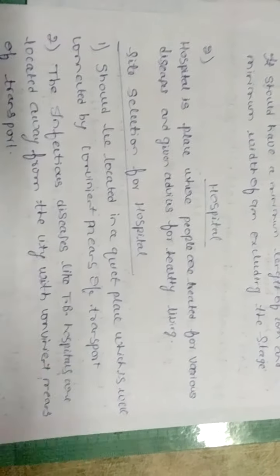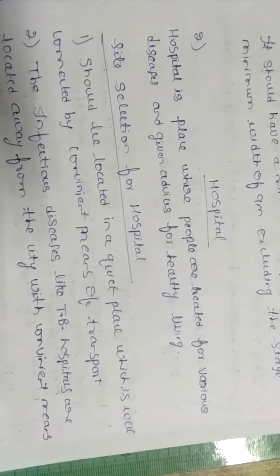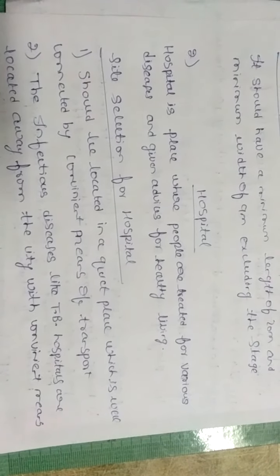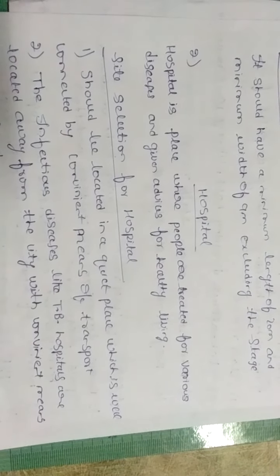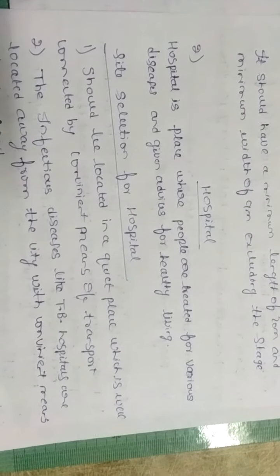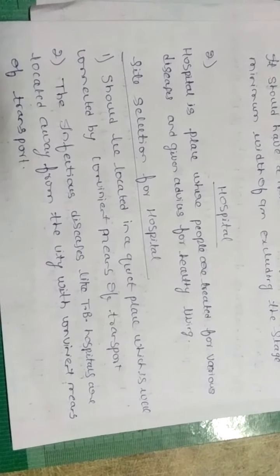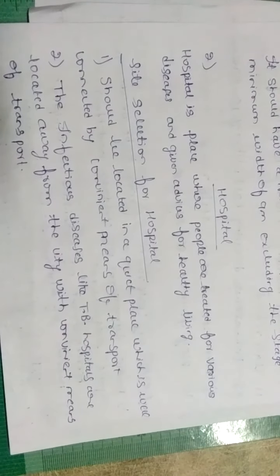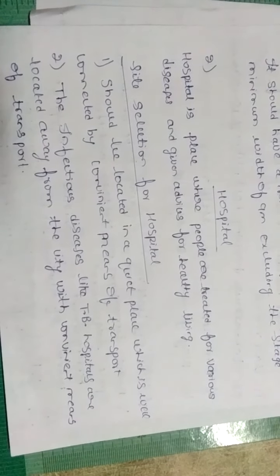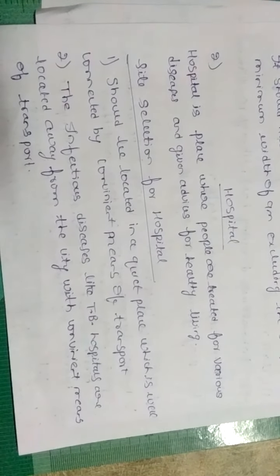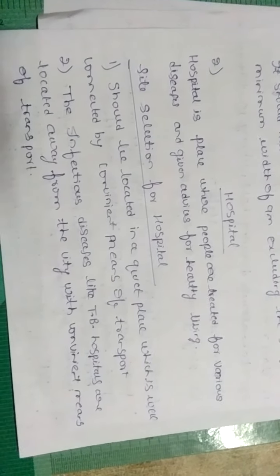So our next topic of discussion will be hospital building, which is a public building. A hospital is a place where patients come for treatment. So the hospital site should be supportive for the treatment of the patients. That means the site of the hospital should be clean, spacious enough, and located in such an area where there is no continuous source of sound, or very little disturbance from continuous sound.